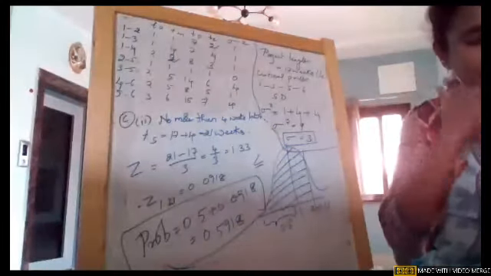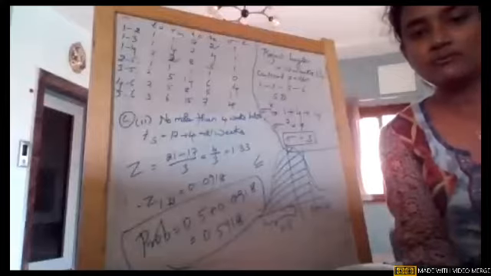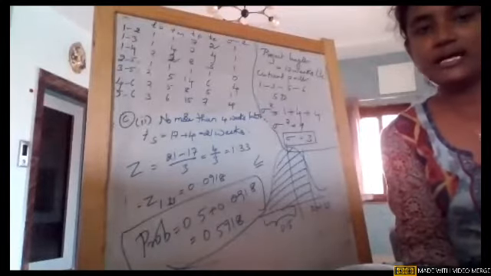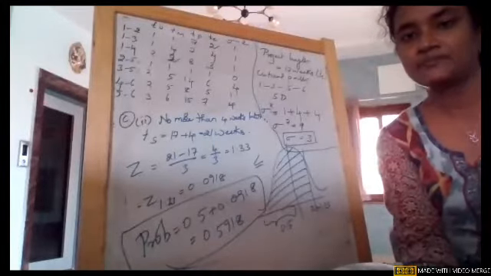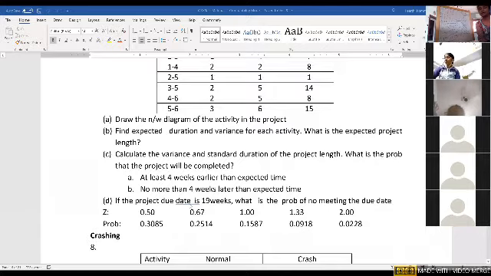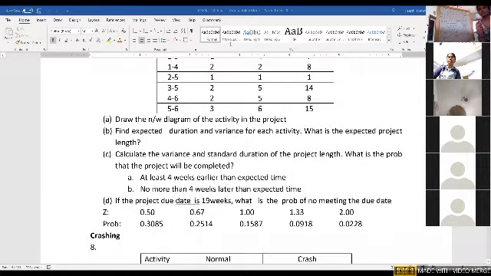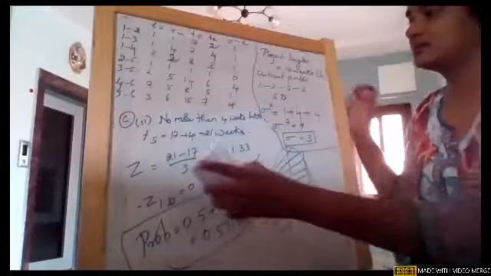This is one question. And when we go back to the next question, there is one more question given. In that it is given 19 weeks, if I remember. Just check the fourth question. If it is the project due date, obviously it is not beyond that. So the due date is 19 weeks. What is the probability of meeting the due date? So let us again go back and start working on it.